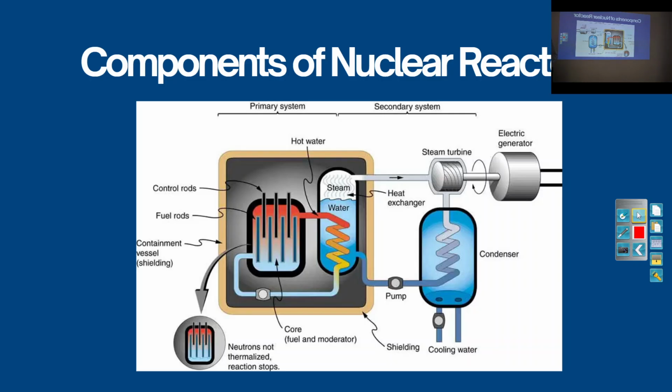And then we have this coolant, the cooling water, which will go here and cool the entire system basically. When a fission reaction happens, an enormous amount of heat and energy will be produced, and that heat will be used to boil the water next to it. When this water boils, steam is produced, and that steam is used to turn the turbine, which is converted into electrical energy.